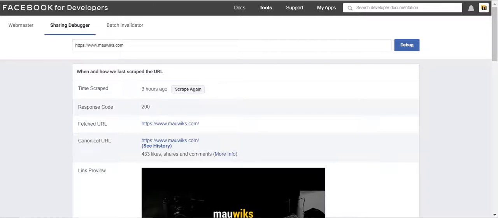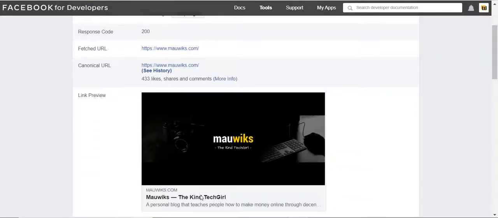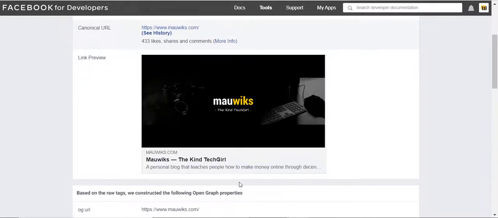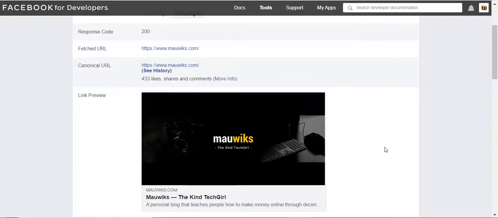You can go to developers.facebook.com/tools/debug, go to the sharing debugger, paste in your URL, and then debug. If it doesn't show what you are expecting, let's say the title, the excerpt, and the image as well,